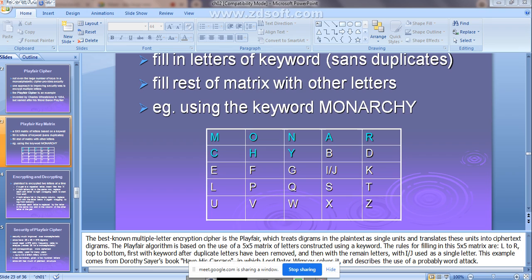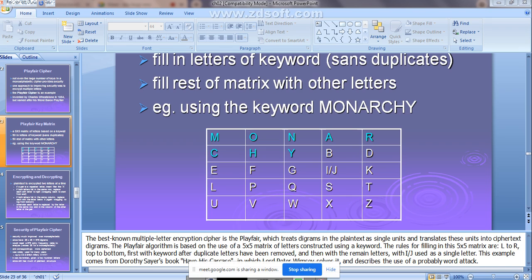Where are they present? Are they present in the same row, same column, or not? EA. Are they present in the same row? No, ma'am. Are they present in the same column? Yes or no? Check it out. EA, I am telling. No, ma'am. That time you need to apply the fourth rule.